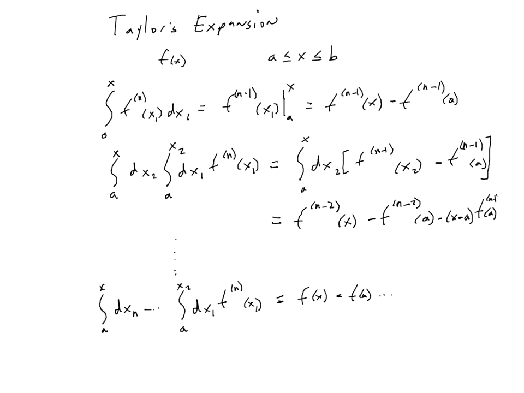And then there's going to be a bunch more terms which are going to look like this term here, where it's going to be like x minus a over n minus 1 factorial, and this is going to be the n minus 1 power of the n minus 1 derivative